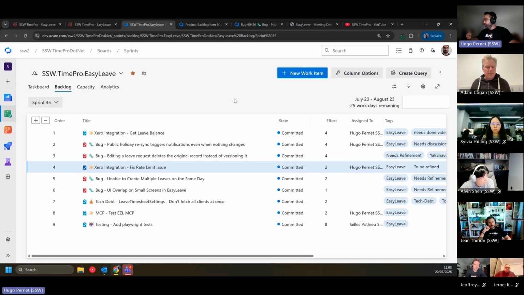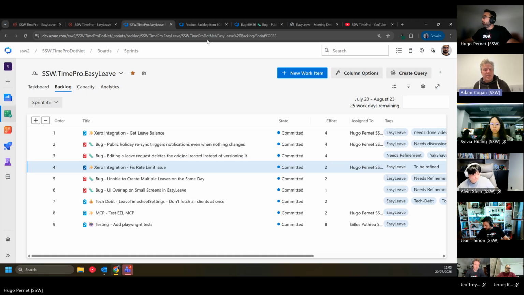Really. Yeah. Well, the only thing I could have demoed would have been the Xero integration to get the balance, but like I said, it's blocked. So nothing that meaningful has been pushed to prod this sprint. Just a few bug fixes, like I said. Even seeing it in staging might whet our appetite. Well, it's also not in staging because